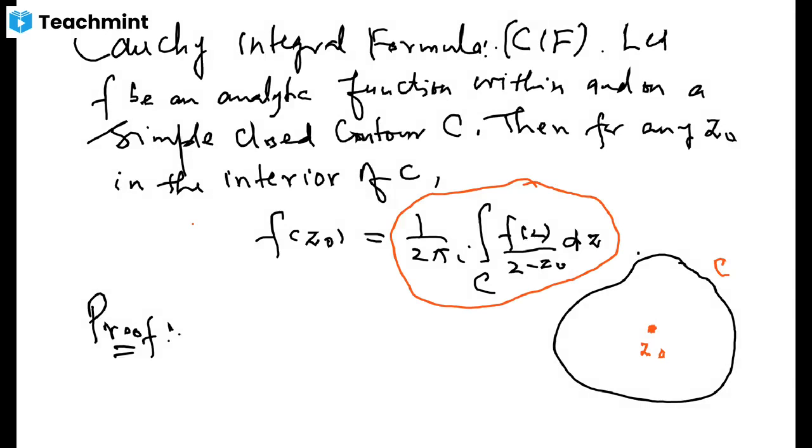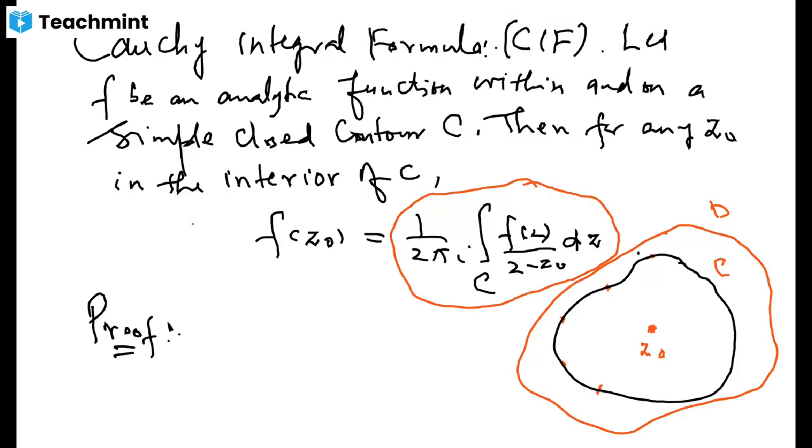Because which values are being used in the integral? You are taking the integration over contour C, and the value of f(z) inside the integrand is being taken over this contour C. So the Cauchy integral formula says that the value inside this contour, it is a domain also. If you take domain D, and if you take C to be a simple closed contour, then the value inside this contour is completely determined by the values of the function on the contour.